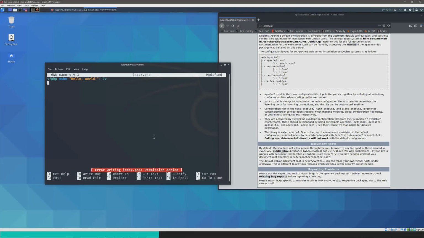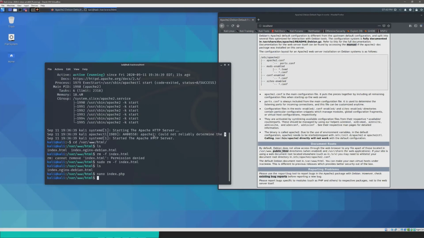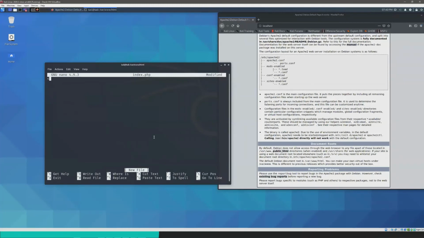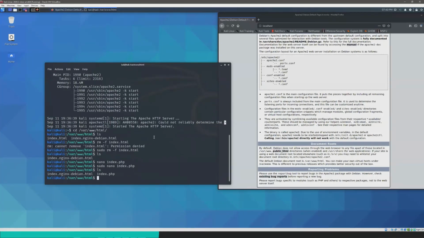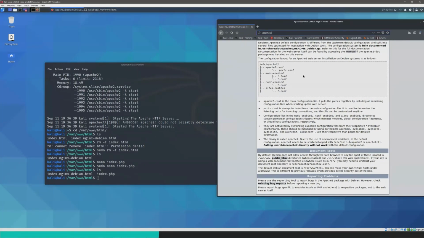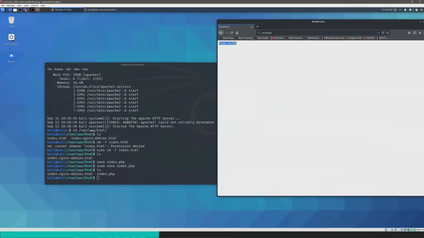Permission denied. That's a problem. So yeah, exit, type no, because I just realized that it won't let me write into this folder without sudo permissions. So let's do that again. sudo nano index.php. Let's type in our PHP script. Hello world. Semicolon. Control X to exit. Save modified buffer, yes. Enter. Now let's check if that's in there. Yep, that's in there.